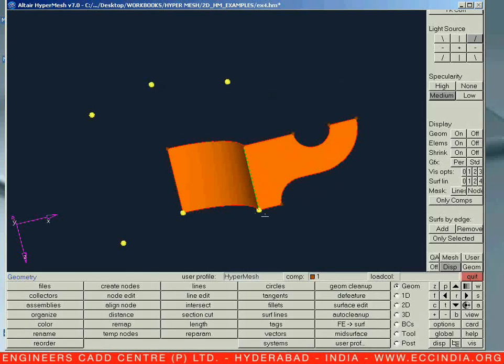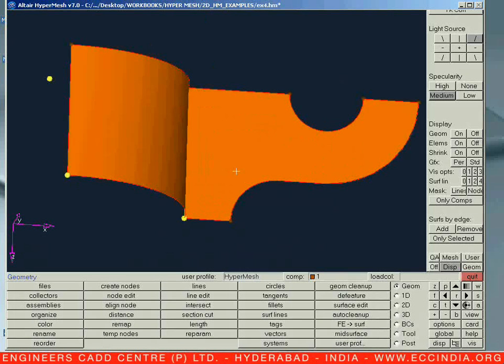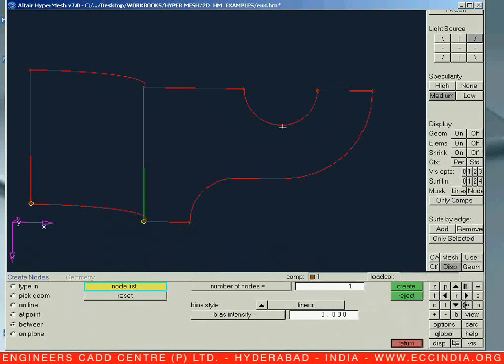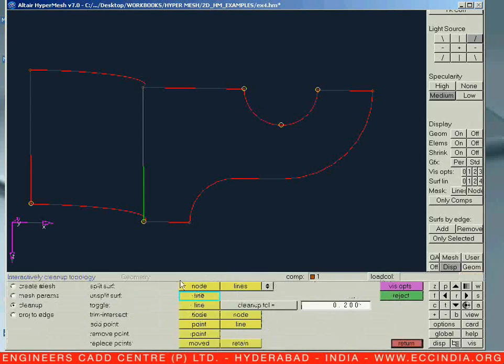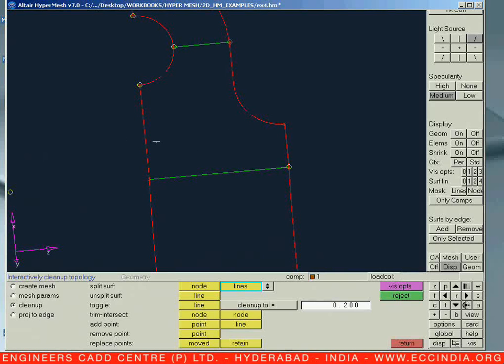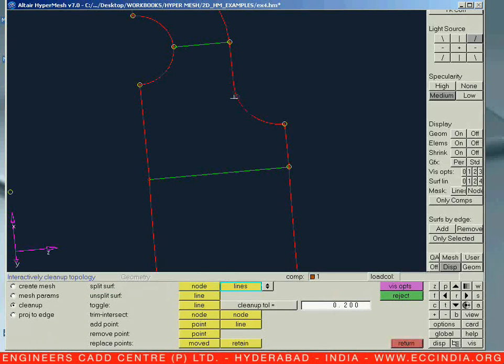Now let us use this particular collector for the meshing over here. So let us go for that option, and let us try to mesh it for the quarter portion over here. So let us start our meshing by keeping it in visual option 2. Let us say F8. On the line over here 3. Let us divide your geometry by clean up F12 from the opposite line. One region is over here. Now the next split we need to go from this to the opposite line. So let us go for F8 on this line 3 nodes, then F12 from node to the opposite line, and it is split over here.